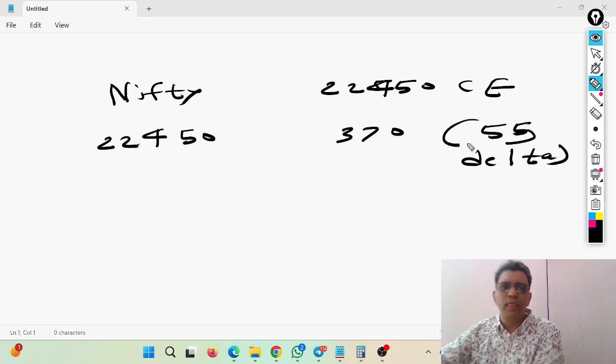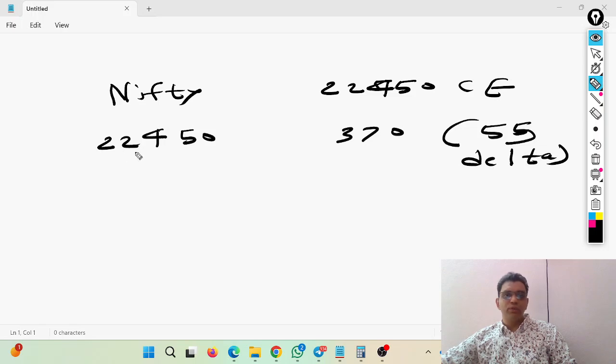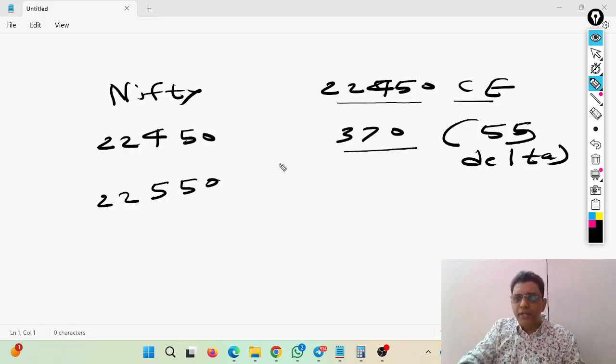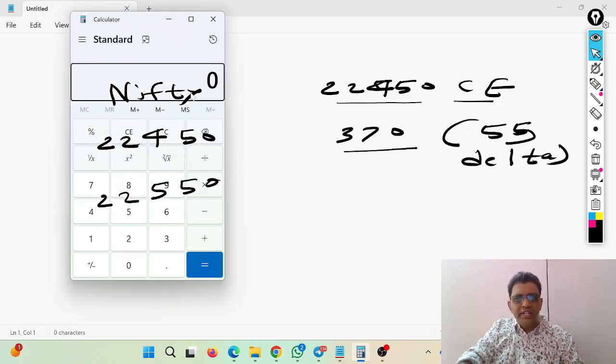How to read this? Nifty spot price is 22,450. This is the spot price, and the at the money call option 22,450 I am buying at 370 rupees, and its delta is 55. That means when Nifty becomes 22,550, this will become, at that time, 370